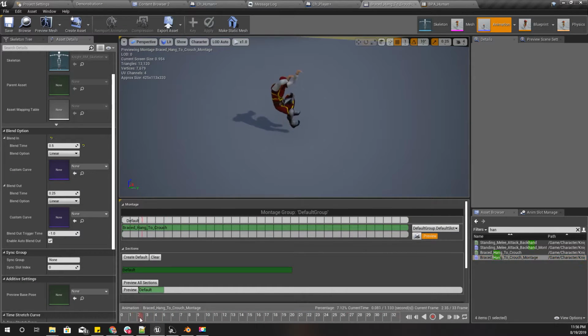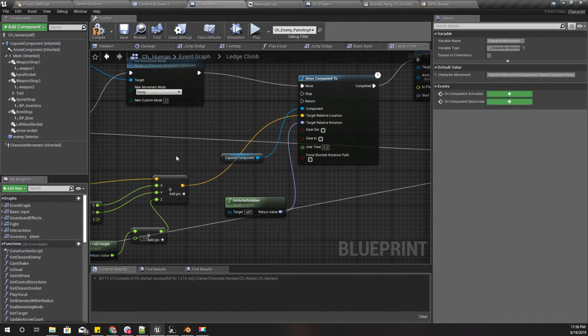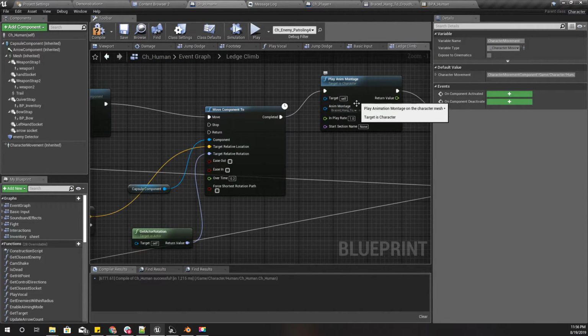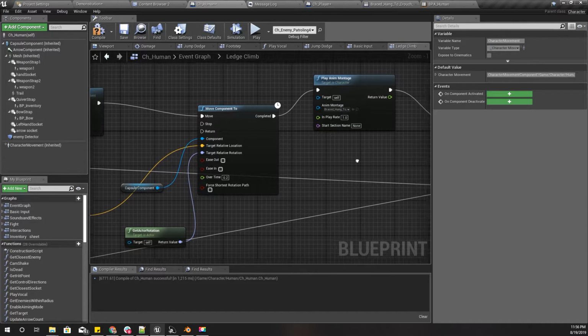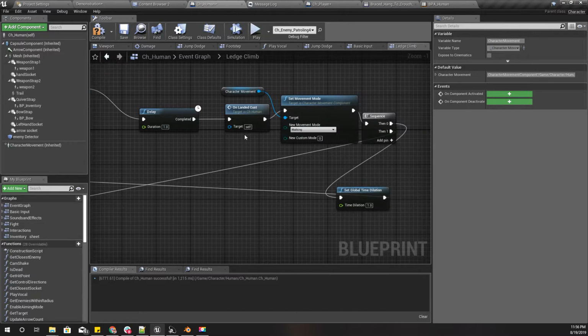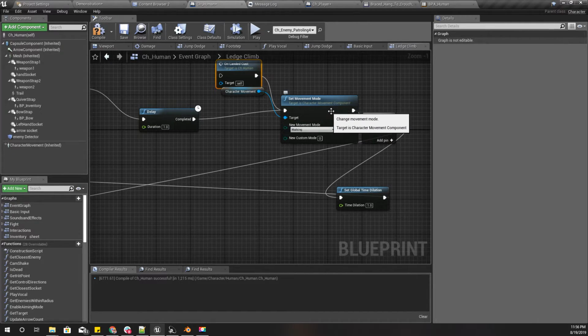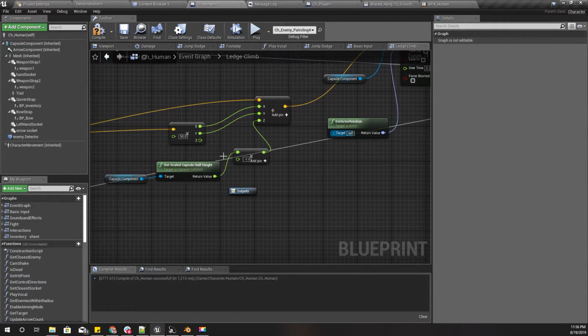From this animation also I get some movement to the capsule, so therefore I moved the capsule, actually the character, to the edge of the ledge, and then I played this animation montage and added some delay like 1 second, and then I called, well, I don't need to call this, I set movement mode back to walking,